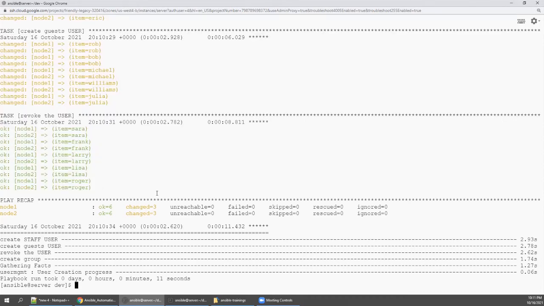So can we check this? So I'm going to say ansible all -m command module -a. What we need to do? cat /etc/passwd to make sure everything is fine. grep, right?